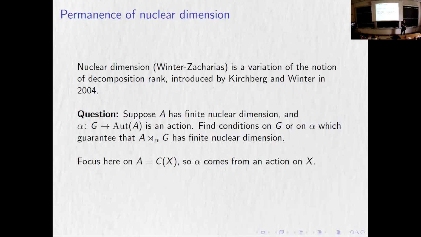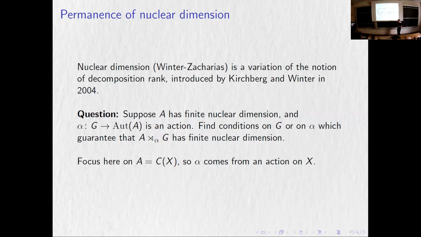Now, I'm talking about finite nuclear dimension and not what the dimension actually is, because there are essentially no known applications where we care what the dimension actually is. In fact, in the simple case, it's known that the only possible values are 0, 1, or infinity. So it's not an interesting invariant on its own; the only question is whether it's finite or not. In the non-simple case, that's not true, although there is some reason to believe that it is not an interesting invariant on its own either. What's interesting is whether it's finite or not.